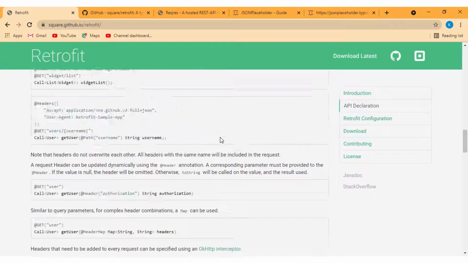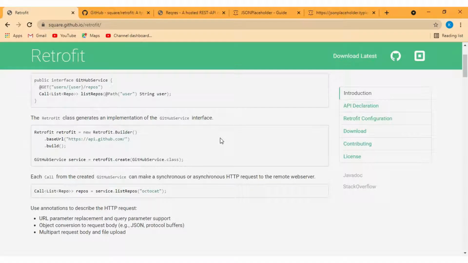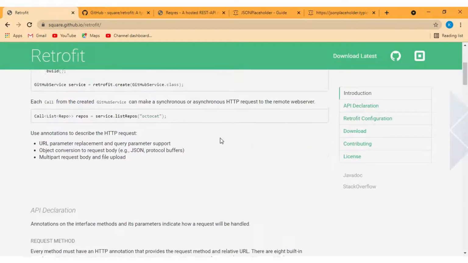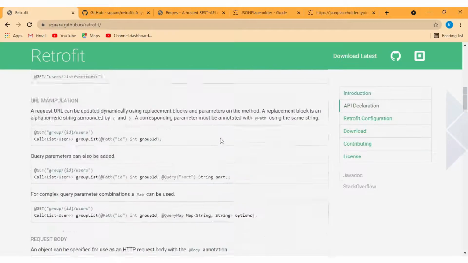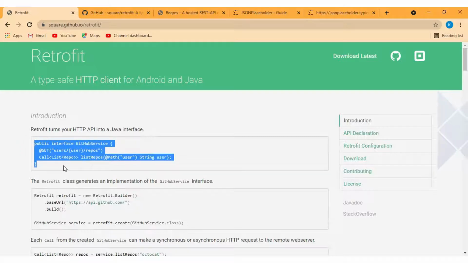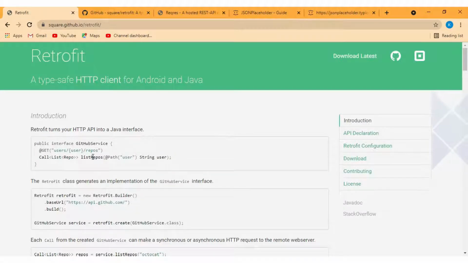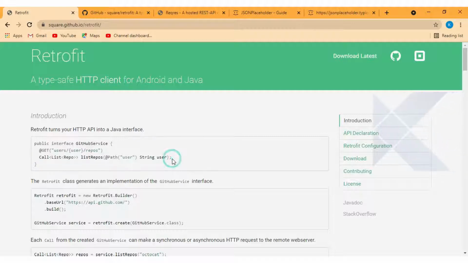So guys, here on the Retrofit website you can get help with what code you can write. So the first thing we need here is to create the interface. As you can see here, we need to create one interface, and with this interface we will have abstract methods, and that abstract method will help you make the call to the individual API we want. Okay, if we want to call a get API, then we need to create one method.